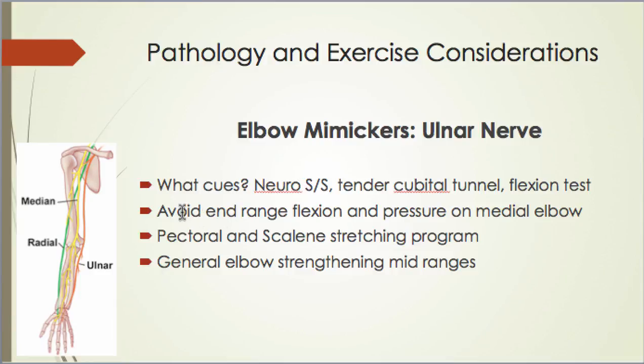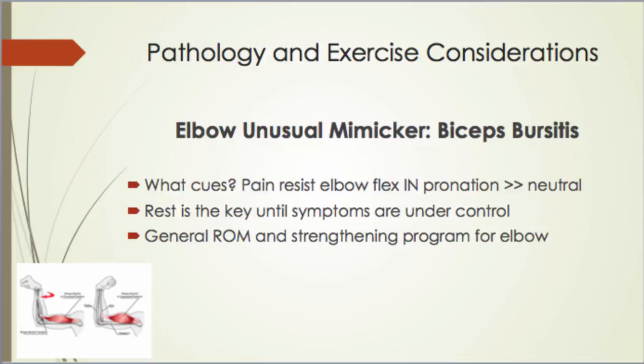In that instance, we want to avoid end range flexion of the elbow, obviously, because that position decreases the space through which the ulnar nerve travels and increases the pressure on that structure as well. So here again, we're going to deal with pectoral and scapular stretching, make sure our scapular stabilizers are good, and then a general elbow program. All right,